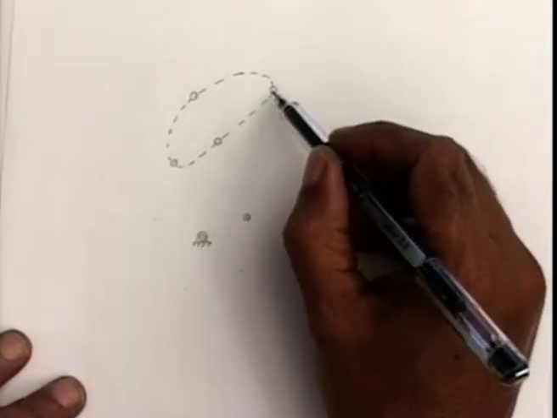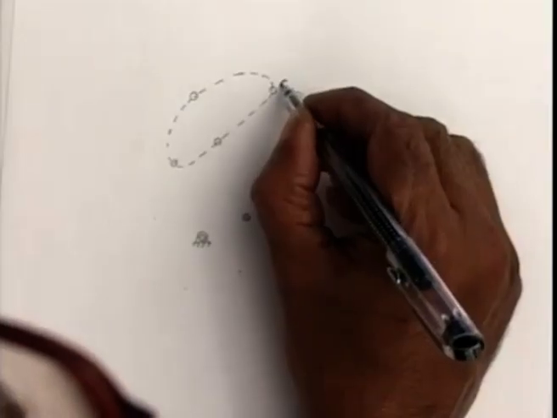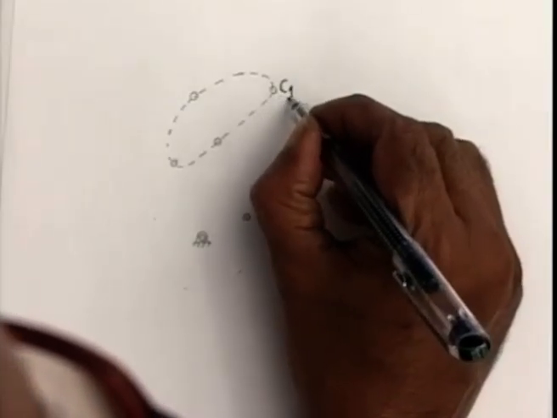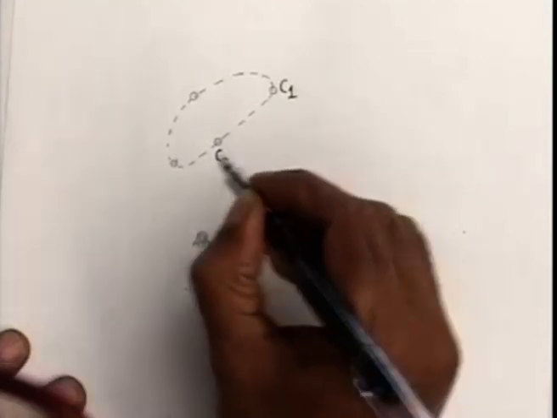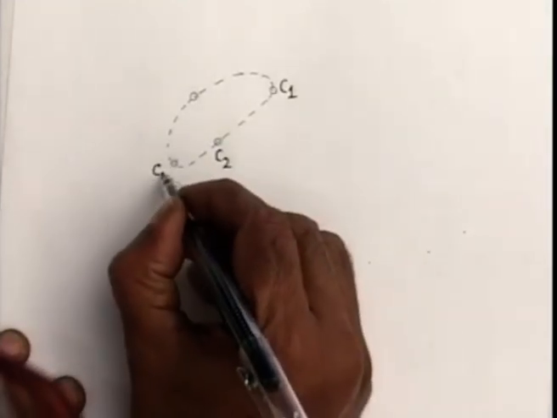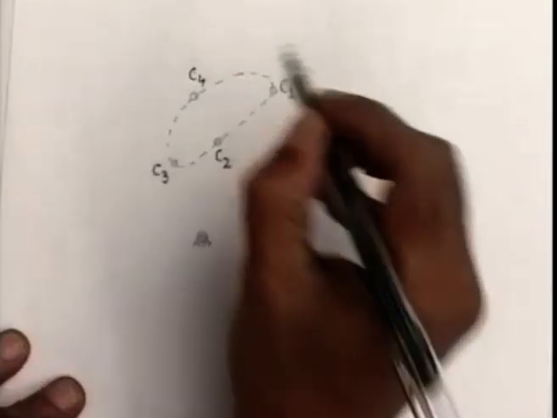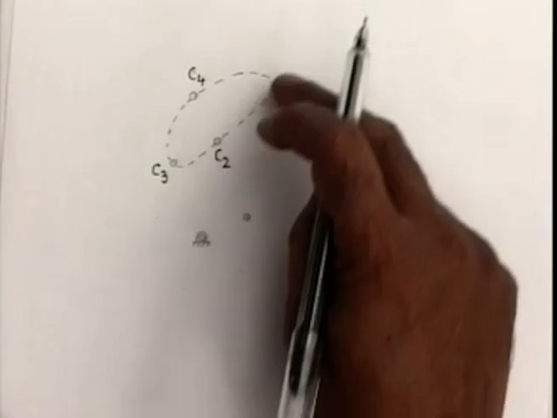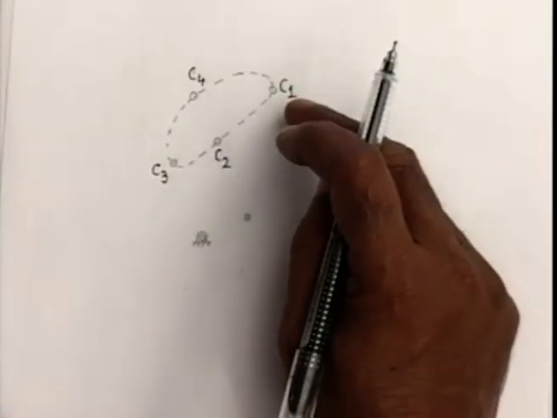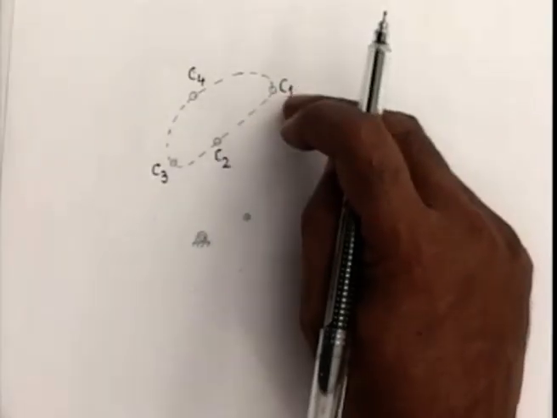Suppose we want to synthesize this coupler curve by allowing the coupler point to pass through these 4 positions, namely C1, C2, C3 and C4. We will design a 4-bar mechanism to generate this coupler curve, only ensuring that the coupler point C passes through these 4 positions C1,